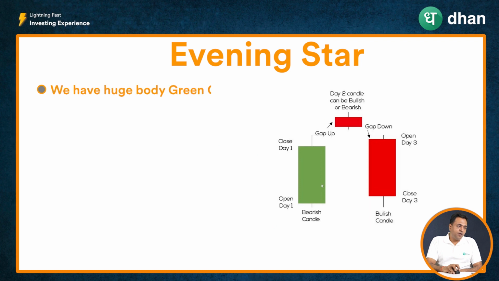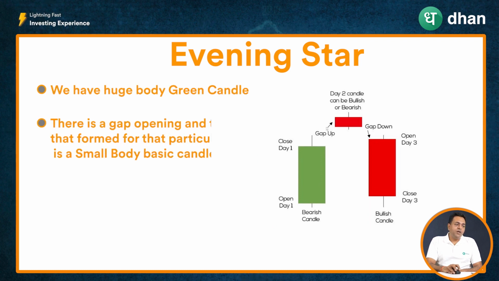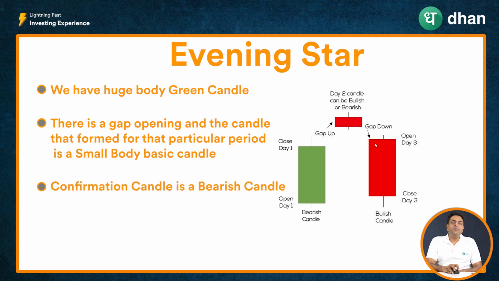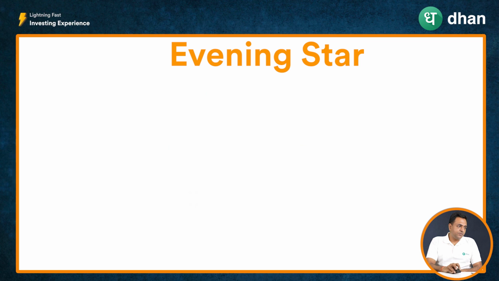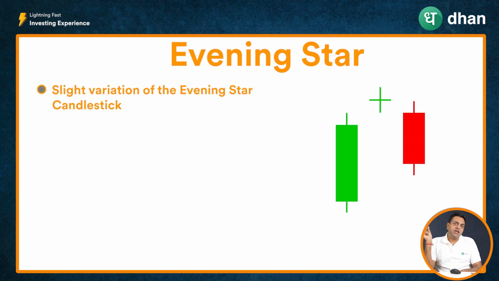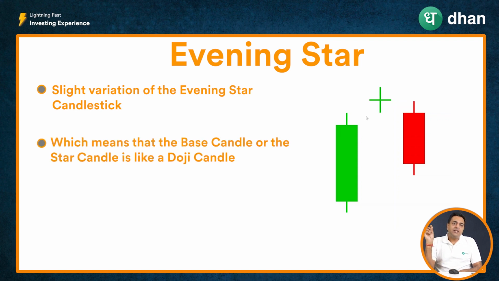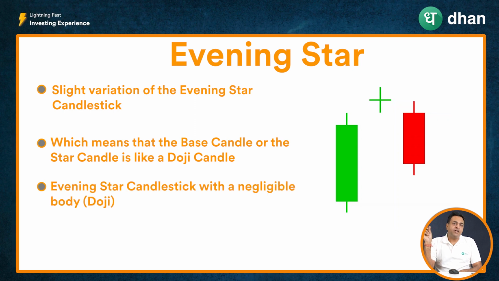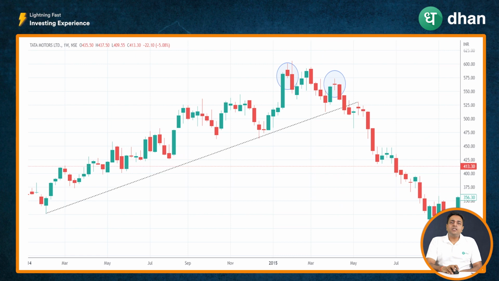This is what we have on our screen. We have a huge body green candle. There is a gap up opening and the candle formed for that particular period is a small body base candle, and the confirmation candle is a bearish candle. A slight variation of the evening star pattern can be an evening star doji, which means that the base candle or the star candle is like a doji candle with a negligible body, or the open price almost equal to the close price. Let's take an example to